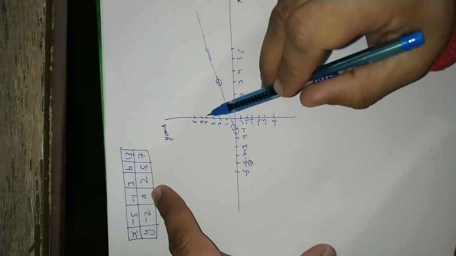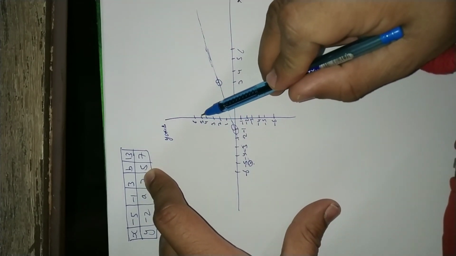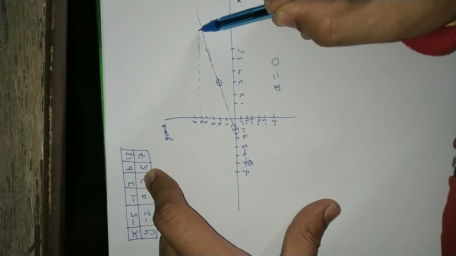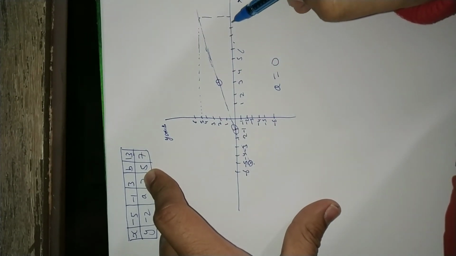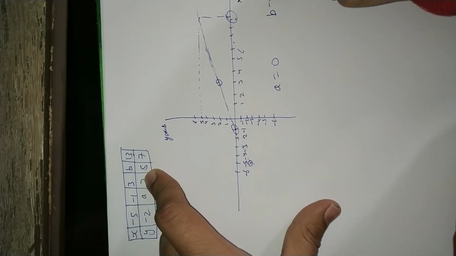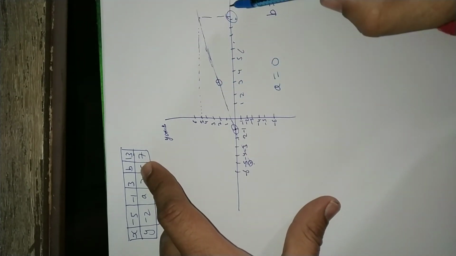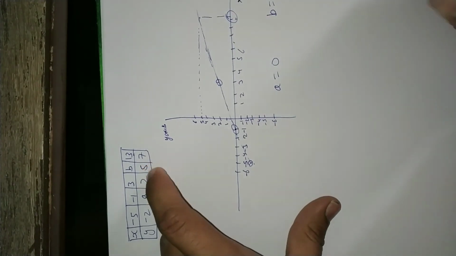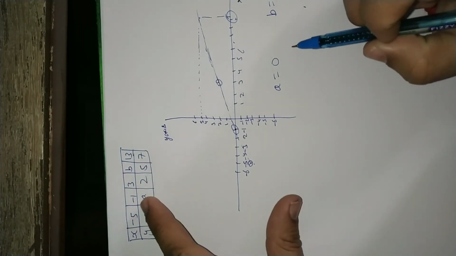In the same way, y is 5. So this is the value for y 5. Somewhere around here, 6, 7, 8, 9. So 8 or 9 must be there. So b must be 9 or 8. When you plot on the graph, that will be very clear. So this is how you will find the value of these variables.